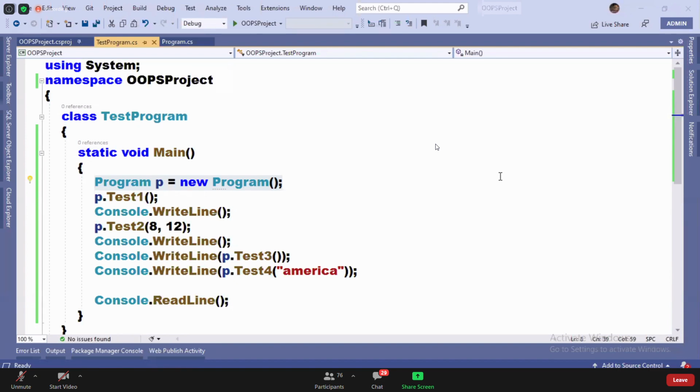Remember this one, which I explained in the last class. When you're creating the instance of a class in another class, you can create that instance either in the static block or the non-static block. Within the class, where to create?